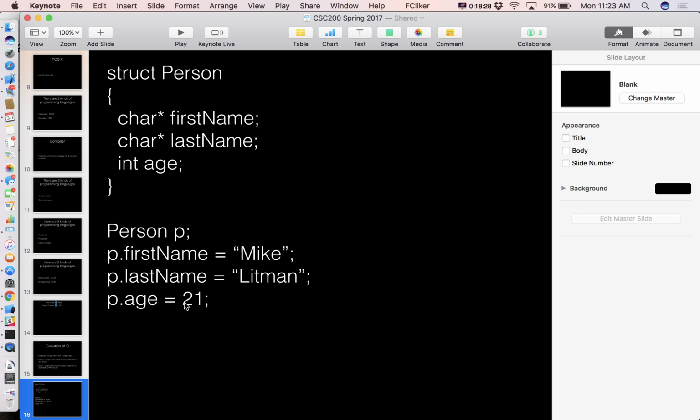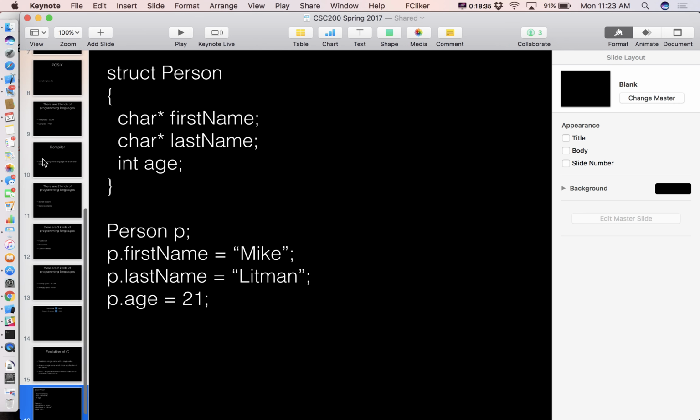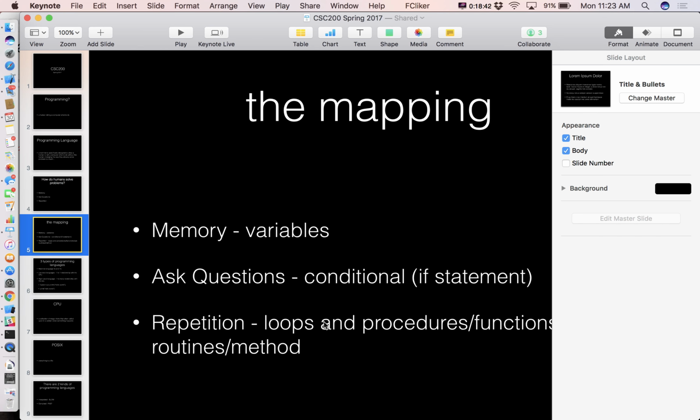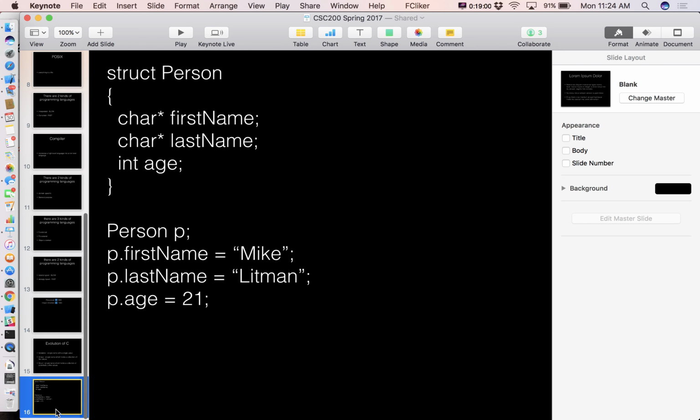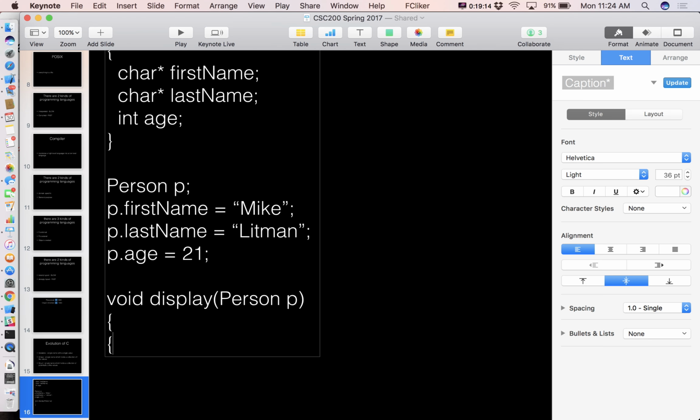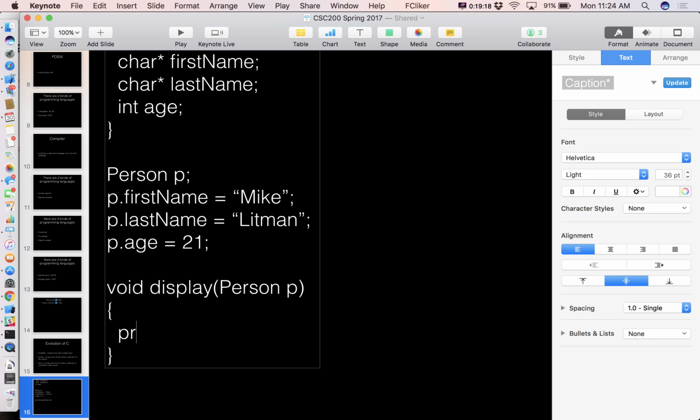Now, if you then wanted to display information about this person, we go way back to when I said how do human beings solve problems. We talked about repetition, and the mapping was we do things through loops or procedures and functions. So chunks of code that can do things, we write it once, they do things multiple times. So we might want to have a procedure that we could pass a person to, and it knows how to display that person's first name, last name, and age, for example. All right. So if we're in C and I want to have the ability to display information about a person, I might have a function called display, takes a person as a parameter, and this guy maybe does